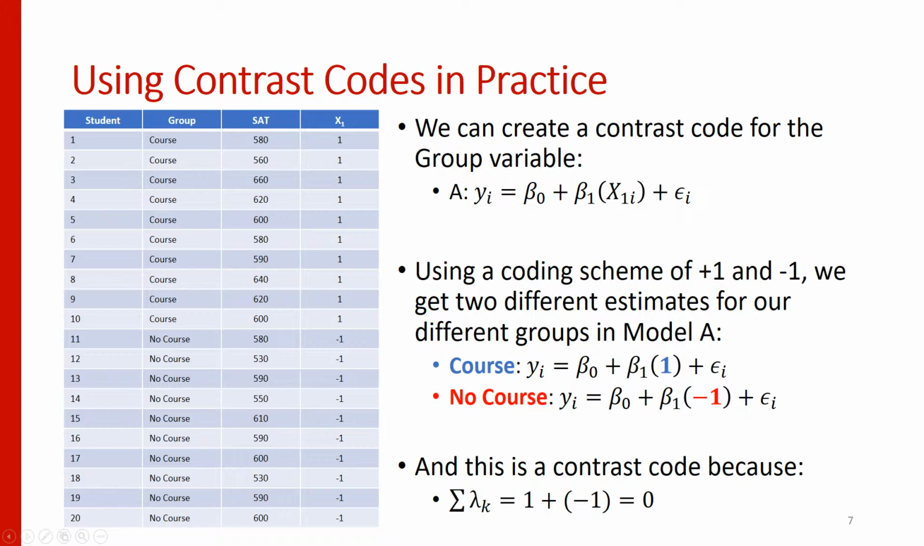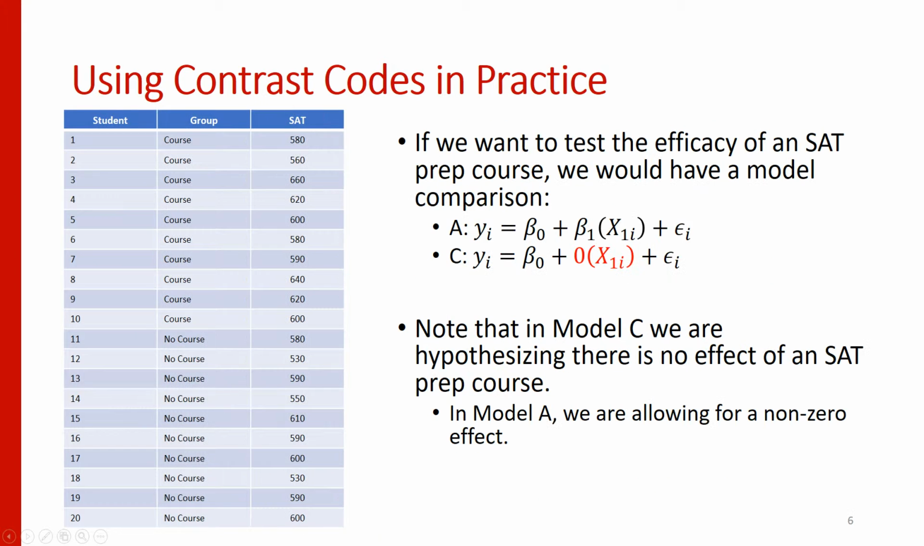And what this coding scheme will ultimately get us is two different equations, right? We'll have one equation for people who took the course, in which their SAT scores are a function of an intercept and a slope times +1, and one equation for people who did not take the course, in which case their SAT scores are a function of an intercept and a slope times -1. And again, this is a contrast code because the sum of our two lambdas is 0. So by contrast coding that variable,